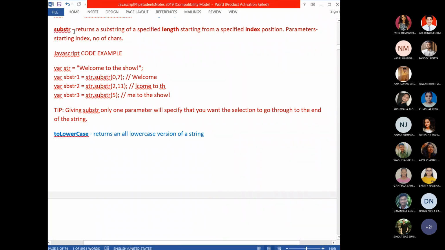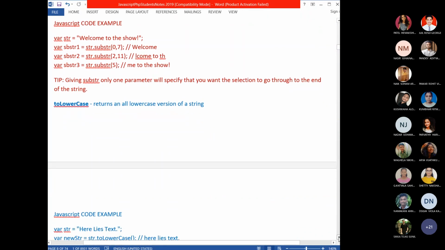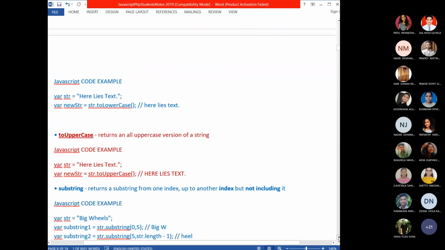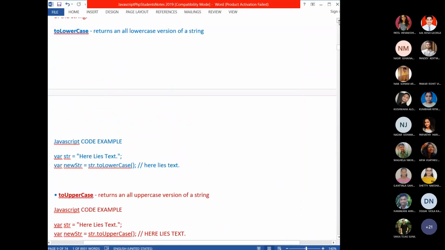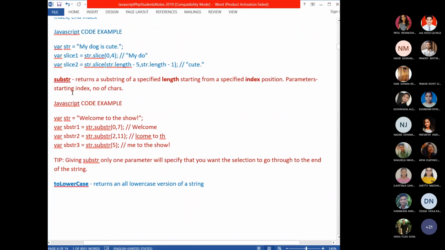Okay. We have another method, but that method will not work in advanced JavaScript. But you have to know. We have another method which is called substring only. This is also one of the methods of string objects. And we have substr. That is another method of the string object. We will just see the difference between these two.